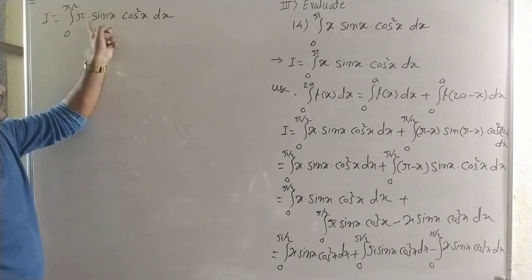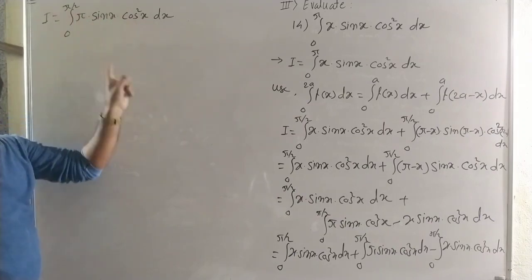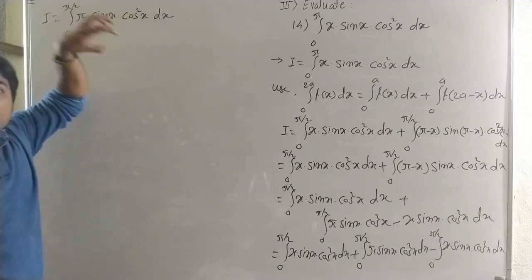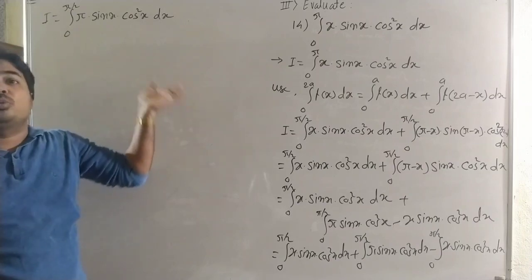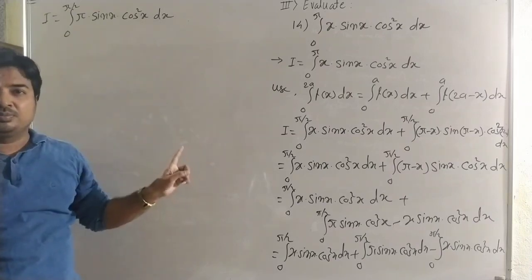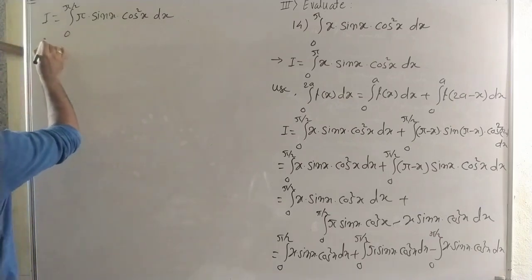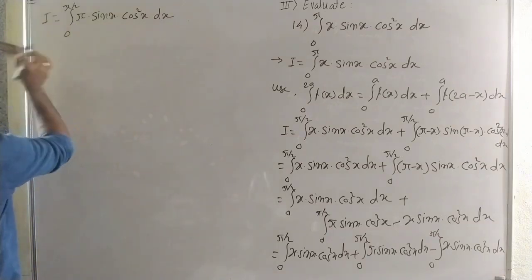Or we can use cos square x is equal to 1 minus sin square x and multiply with this, one term is sin x and the other term is sin cube x. But to find the integral of sin cube x, we use the formula for sin 3 theta. So here we use the substitution, it is a simple way. Now pi is a constant, we can write it outside the integral.